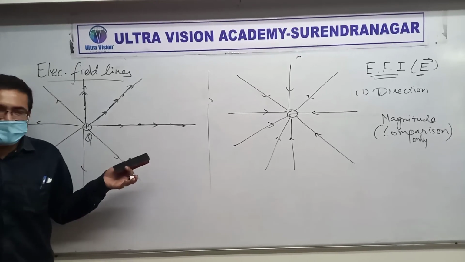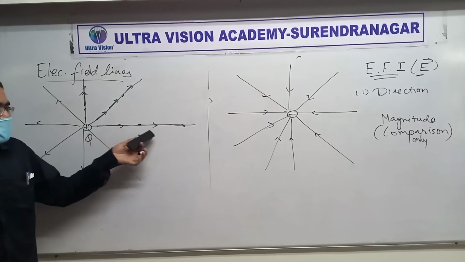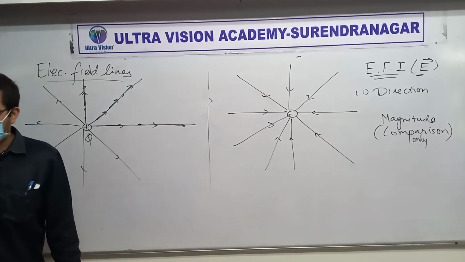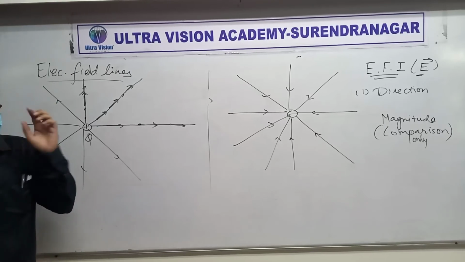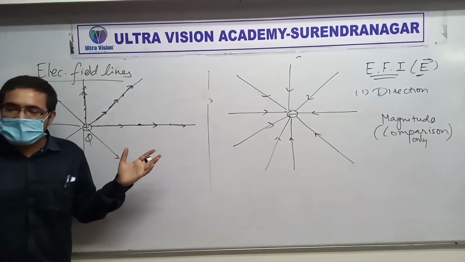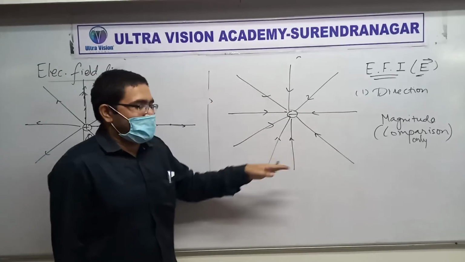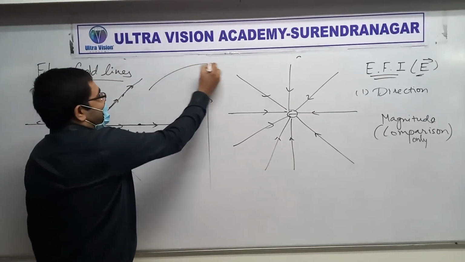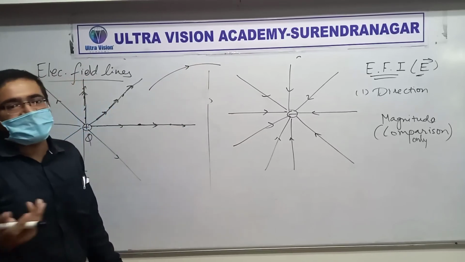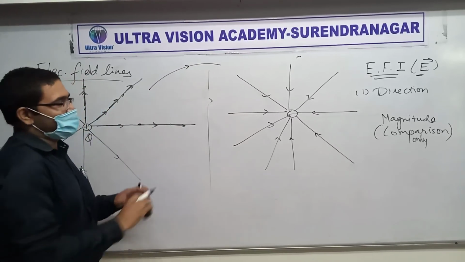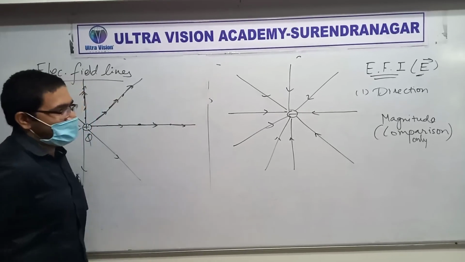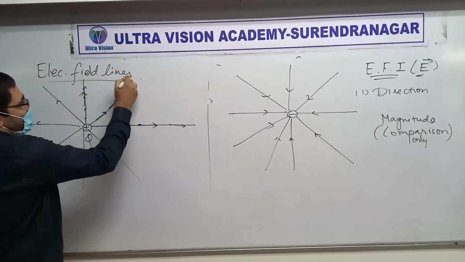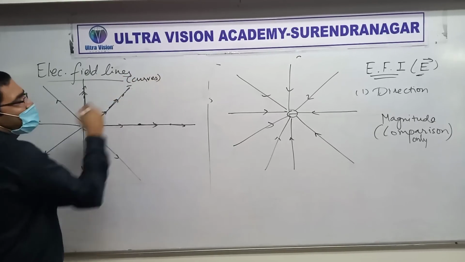Just to clarify it for everyone, these arrows indicate the direction of electric field. Electric field also, right? Not just field line but also electric field. But yes, here the field lines are straight. That's why it's not a problem. Sometimes the field lines are curved. What to do then? I'll come back to that point a little bit later. So basically, although we call it lines, sometimes they are not lines, they are curves.